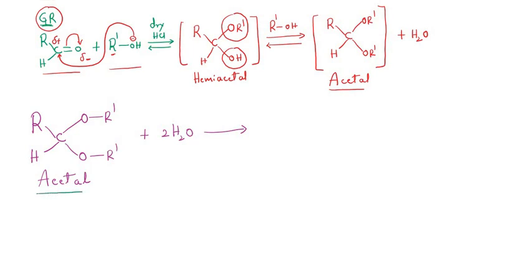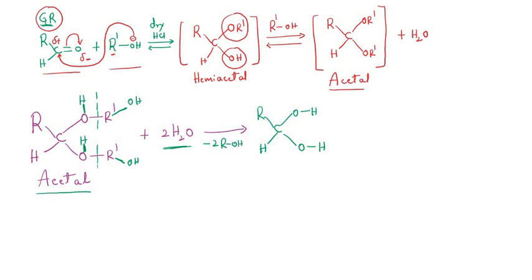So here this is the acetal, and when it is subjected to hydrolysis by using two molecules of water, this bond will be rupturing and this bond will be rupturing. Here I can write hydrogen, here also hydrogen, and here OH, and here also OH. Now this bond is going to form between this OH, similarly here, and we are having ROH, and this also is ROH. So the side products, what you can see, is RCH followed by OH, and here also water OH, right? With the loss of water, two molecules of